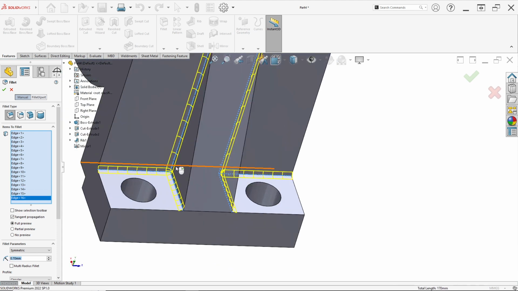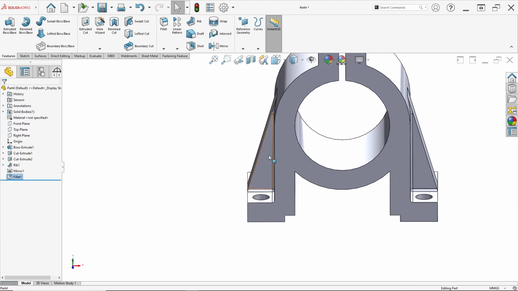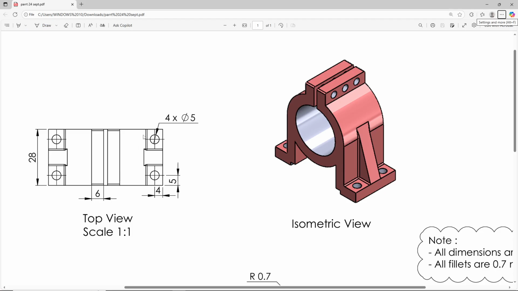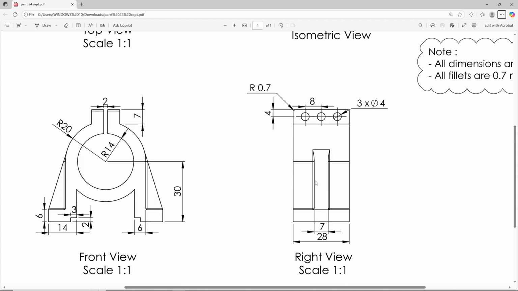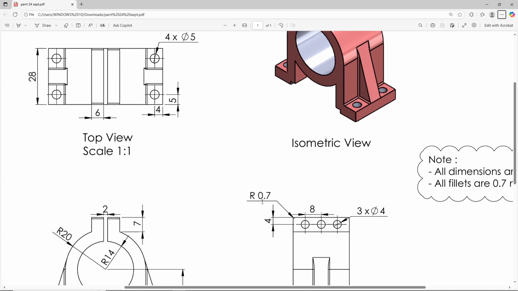Just click OK and done. We make the fillets appropriate to the drawing in here, with fillets on the bottom and the top of 0.7 radius.